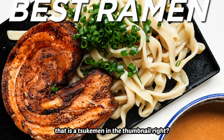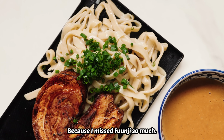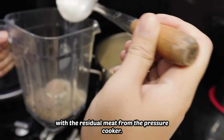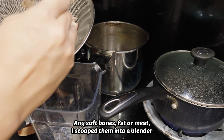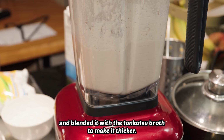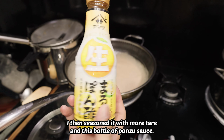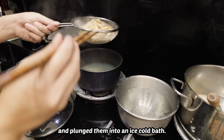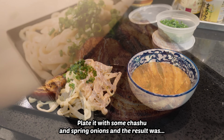Wait. But Alderic, that is a tsukemen in the thumbnail, right? Yeah, because I miss fungi so much. I tried to do a tsukemen by combining the tonkatsu broth with the residual meat from the pressure cooker. Any soft bones, fat, or meat, I scooped them into a blender and blended it with the tonkatsu broth to make it thicker. I then seasoned it with more tare and this bottle of ponzu sauce. Lastly, I boiled the thicker noodles we made earlier and plunged them into an ice cold bath. Plated it with some char siu and spring onions, and the result was